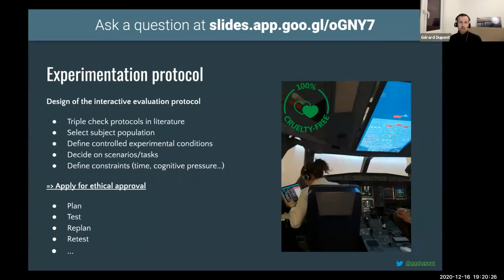And also you have to select the population on which you will work. In our case, we had two different populations. One was the internal pilots from Airbus, which are experienced test pilots. There is a bunch of them. There is one advantage working with them: they are Airbus employees, but they are not that accessible. They have a lot of test flights to do.